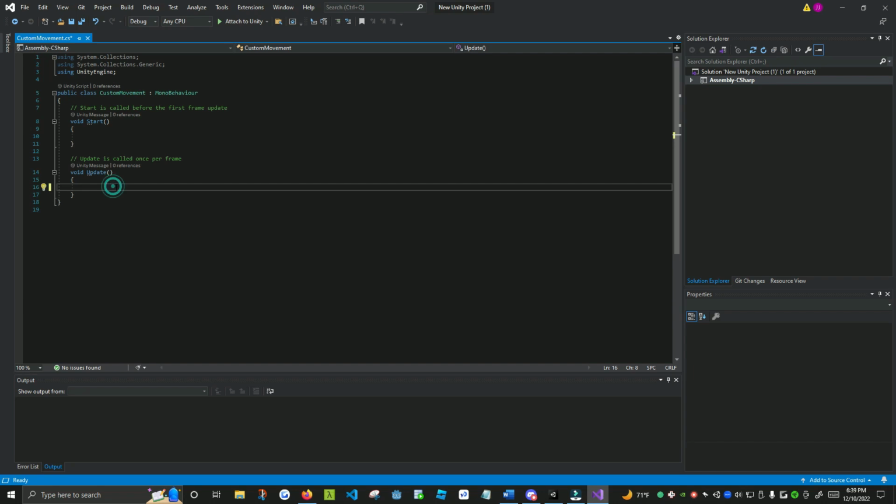So let's go to update then. Let's say I want to update. Let's say I want to move it not just one unit at the start, but I want to move it one unit every single frame of the game. So I'm going to say game object dot transform dot